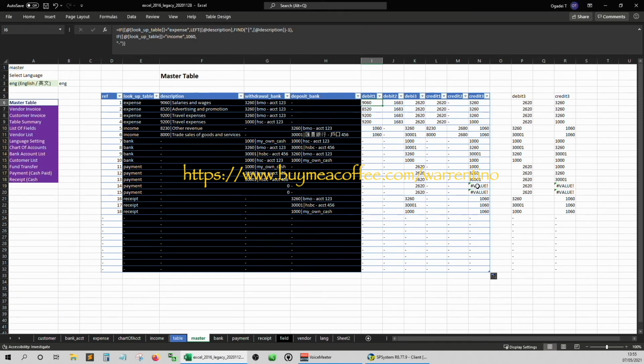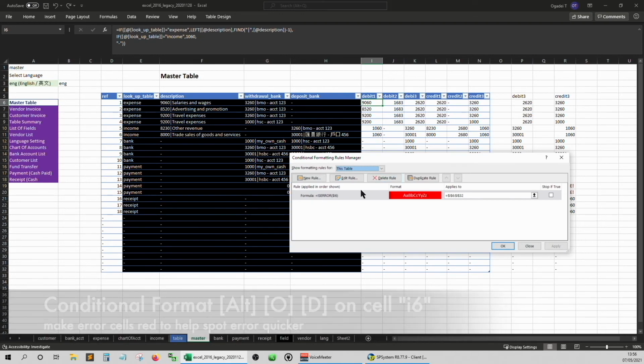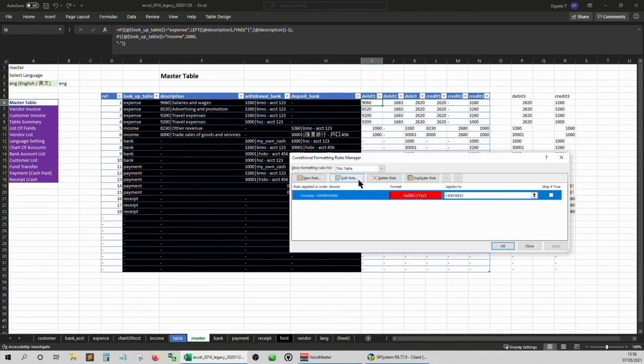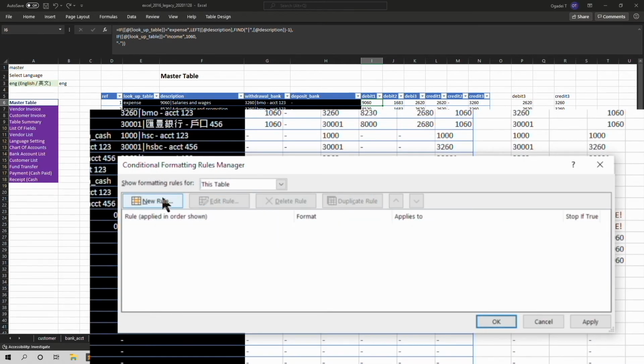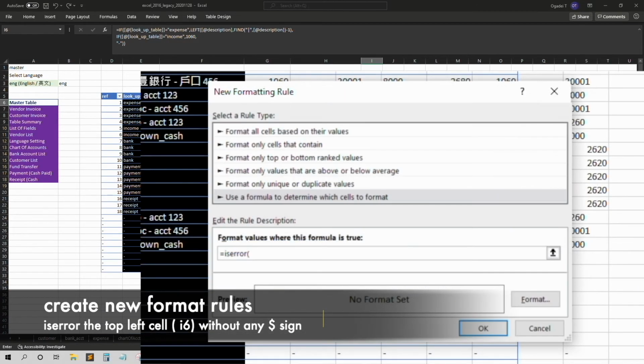Here I also want to create a conditional format to help me spot any errors made in between. Simply use the ISERROR formula to wrap around the first cell of the range, which is I6.